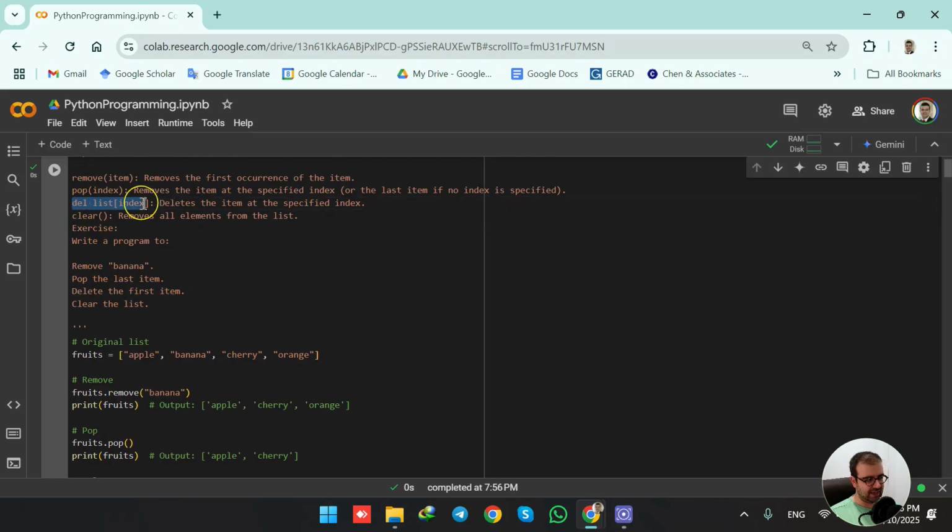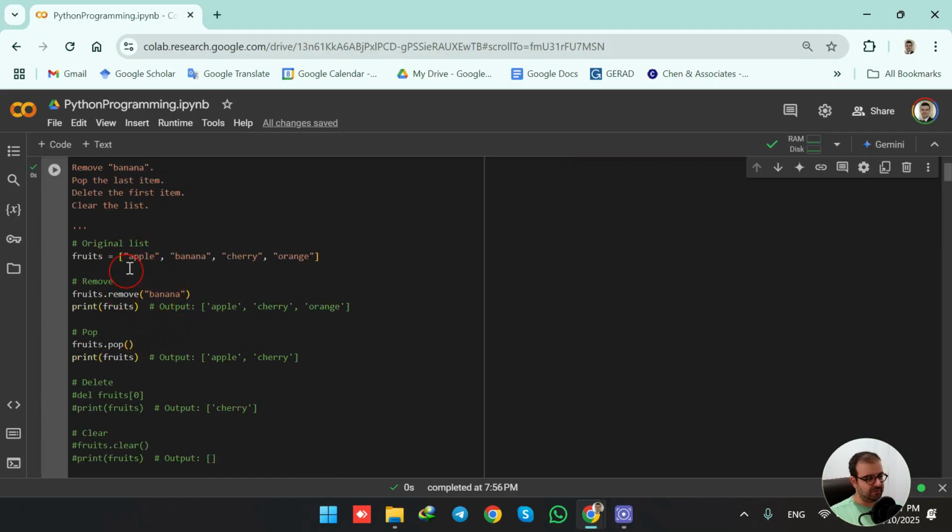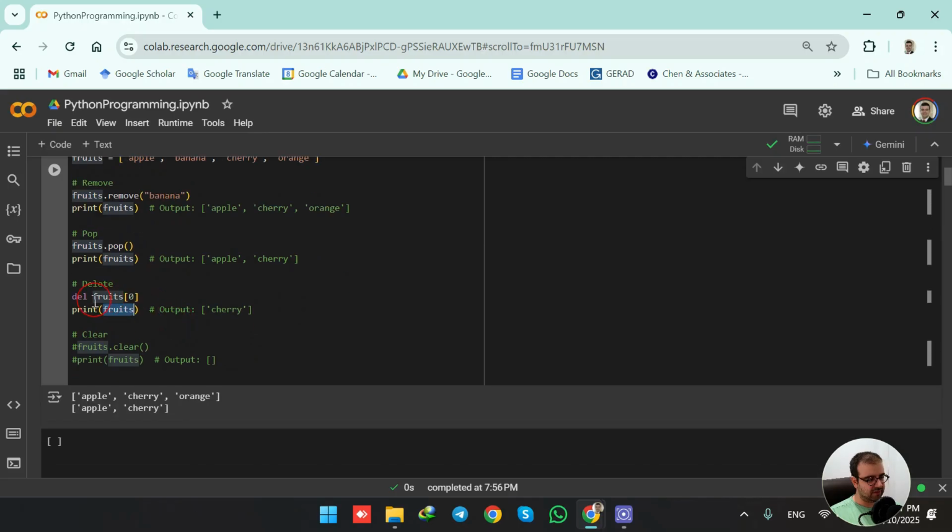So this is the syntax for using the delete function, or del. So del, then space, name of the list, and in square brackets we are going to type down the index of the item that we want to be deleted. So here we have the del keyword, the name of the list is fruit, and we want to delete the first item as the problem is stating here. So the first item has index 0. I'm removing the first item and I'm printing out the list